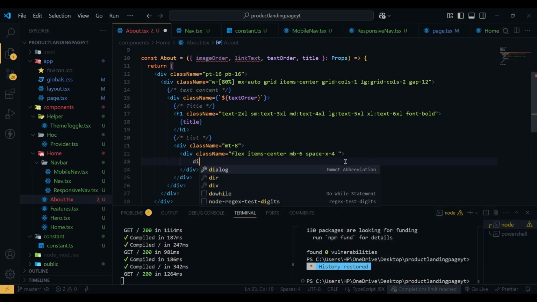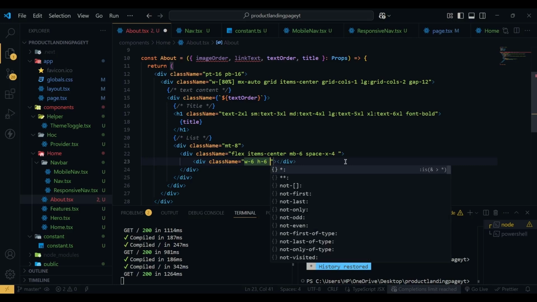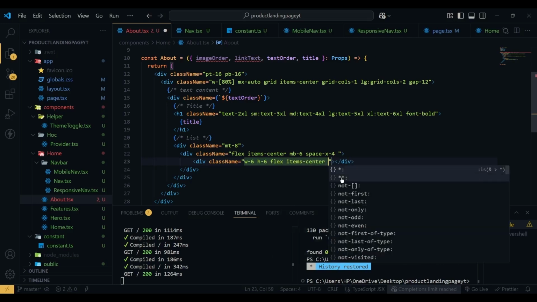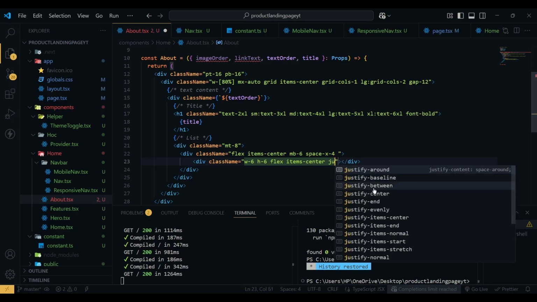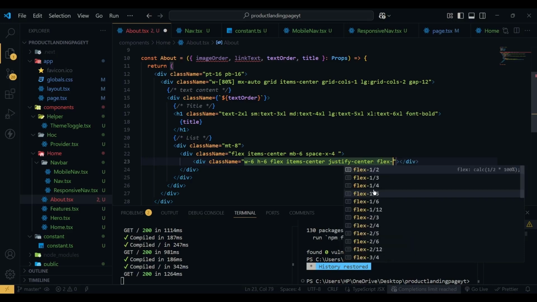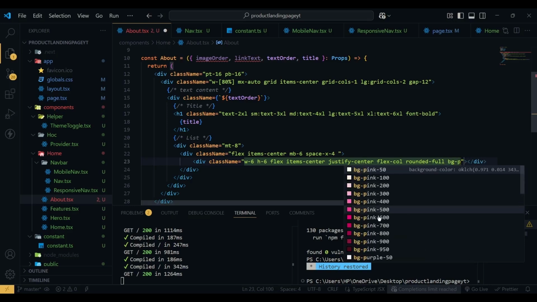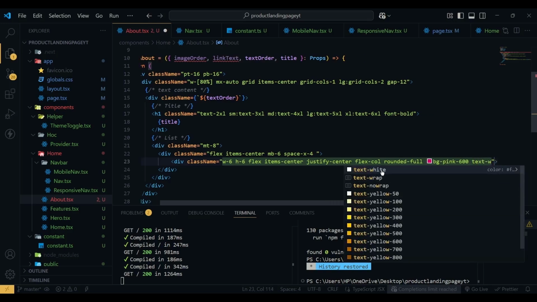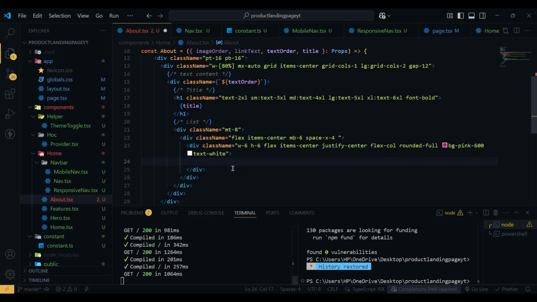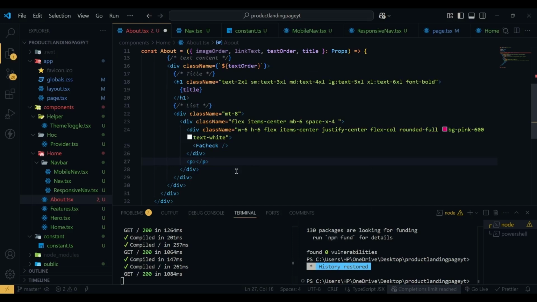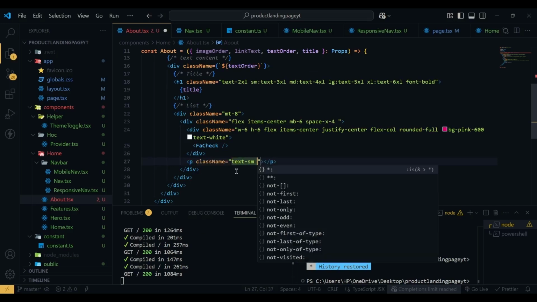Now inside this we have another div with class name of width will be 6, height will be 6, flex, items center, justify center, flex in the column direction, rounded full, and background will be pink 600 and text color white. That's it. Now inside this div we'll have an icon, so we're going to use a check icon from React Icons. That's it. Then after this div we'll have a p tag with the class name of text, in smaller devices